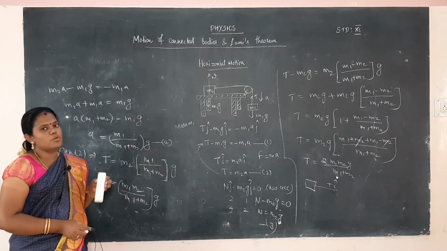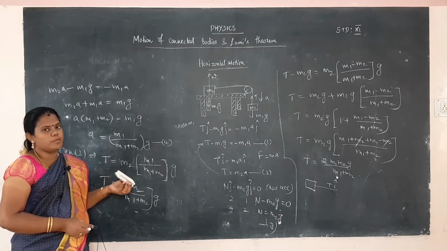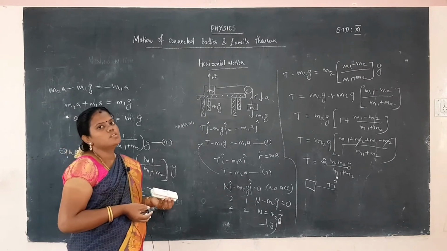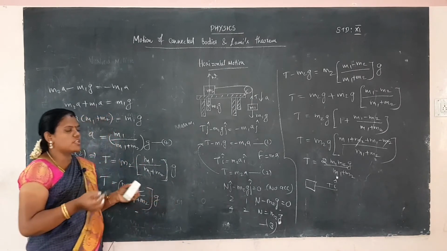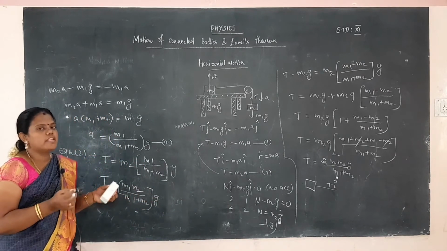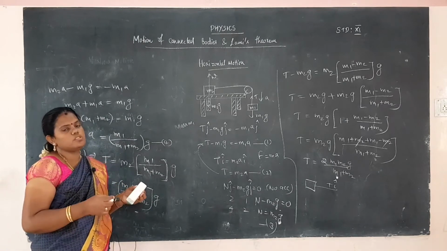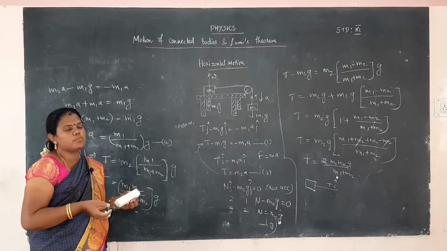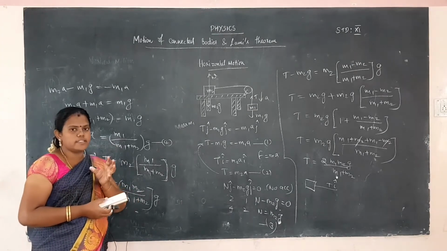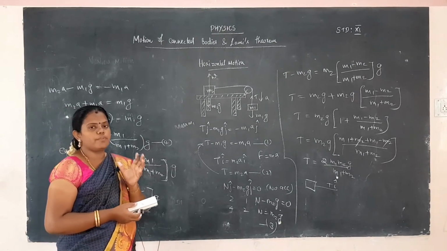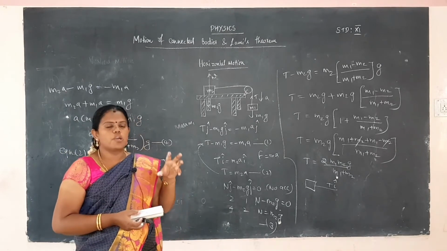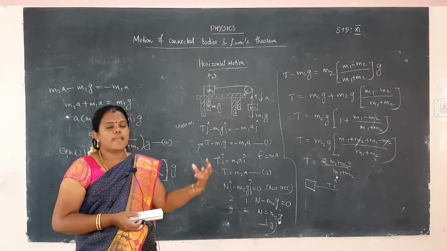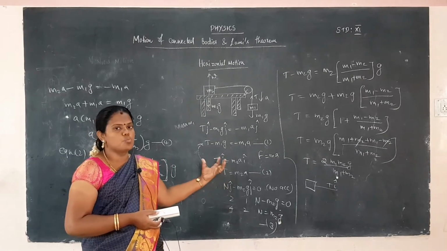So first the vertical motion we have to calculate, and then the horizontal motion. Both will be equal but in opposite direction. So when both tensions are added, we get 0. That is why the tension acting is constant in horizontal motion and vertical motion. When two bodies are connected, one is in horizontal motion and another one is in vertical motion, and we have to calculate the tension acting on the two bodies.